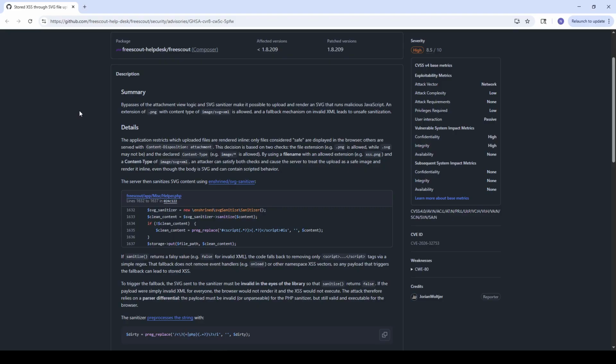The file extension, e.g. .png, is allowed, while .svg may not be, and the declared content type, e.g. image/*, is allowed, okay? By using a file name with an allowed extension, e.g. XSS.png, and a content type of image/svg+xml, an attacker can satisfy both checks and cause the server to treat the upload as a safe image and render it inline, even though the body is SVG and can contain